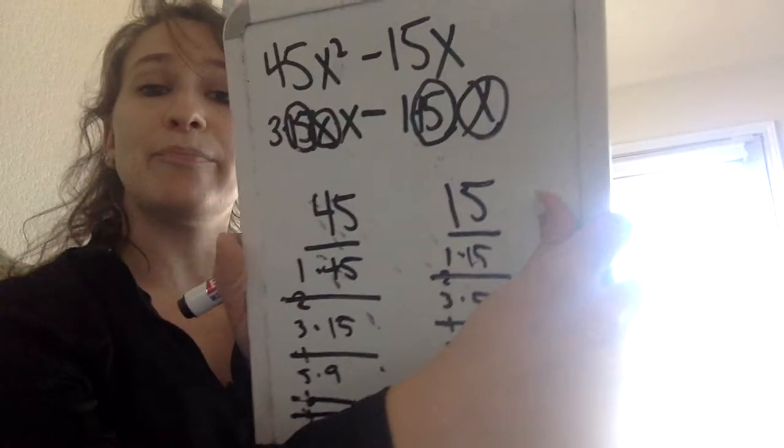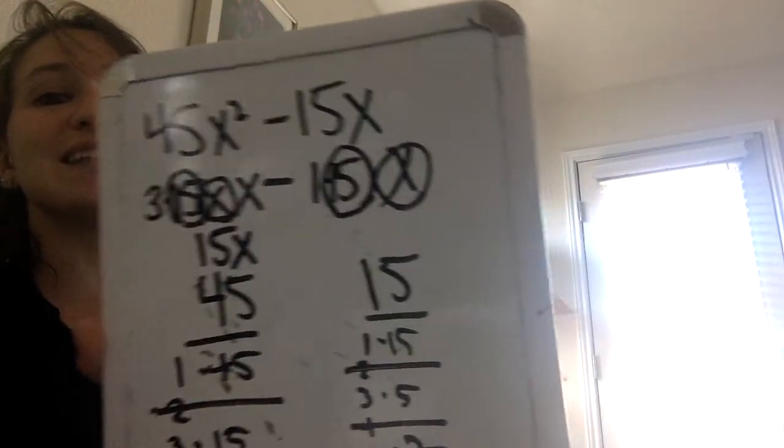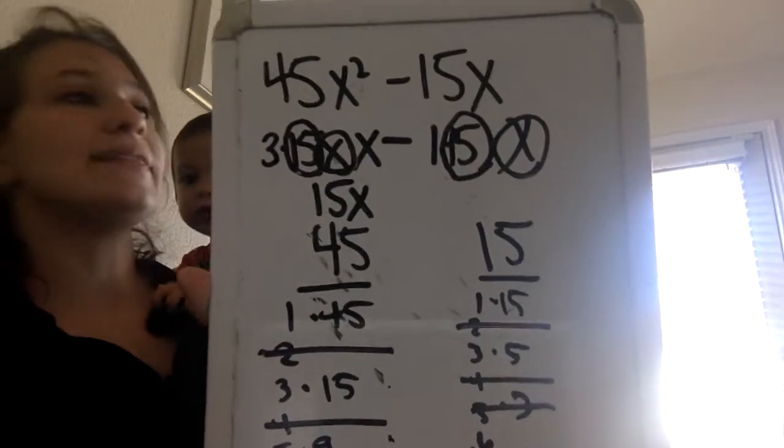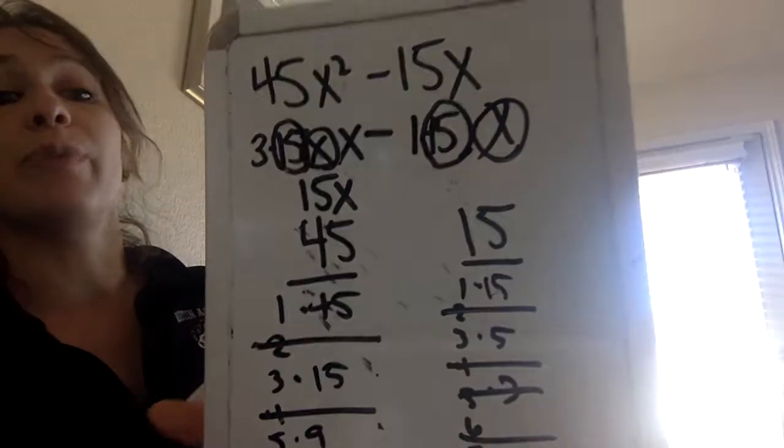Okay, it's x. X is our other common factor because they both have an x. So I'm going to take out a 15 and an x. That's what's going to go outside of the parentheses, because that's what I can factor out of both of them. Then what's left here,